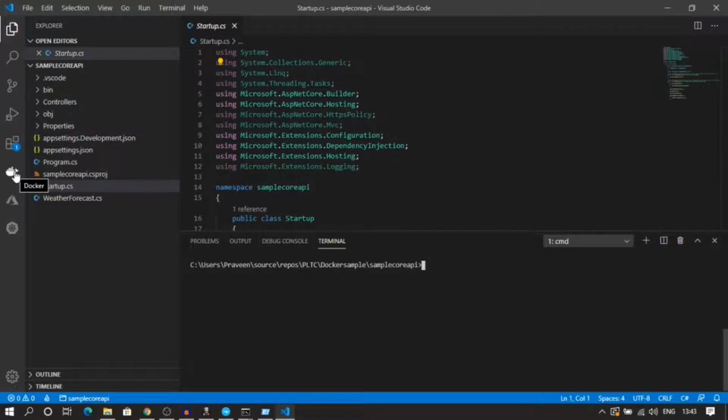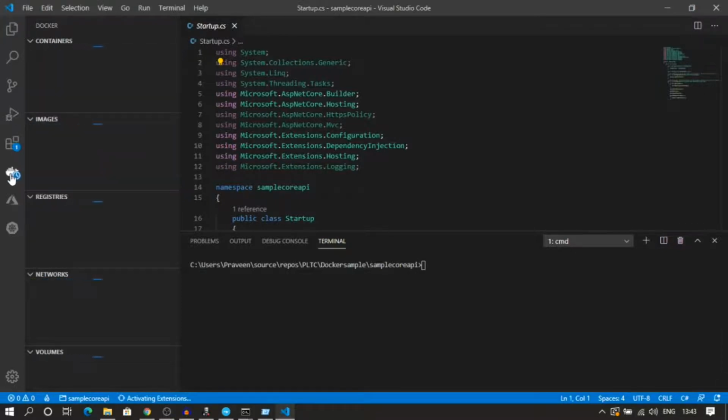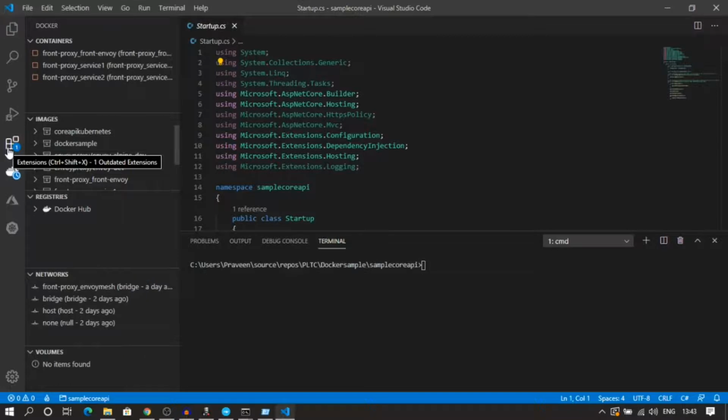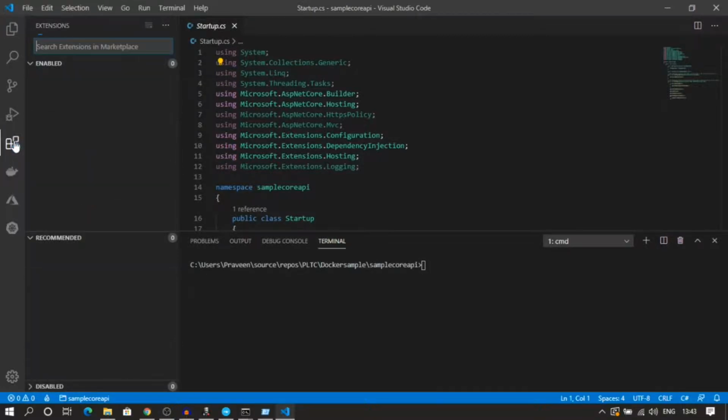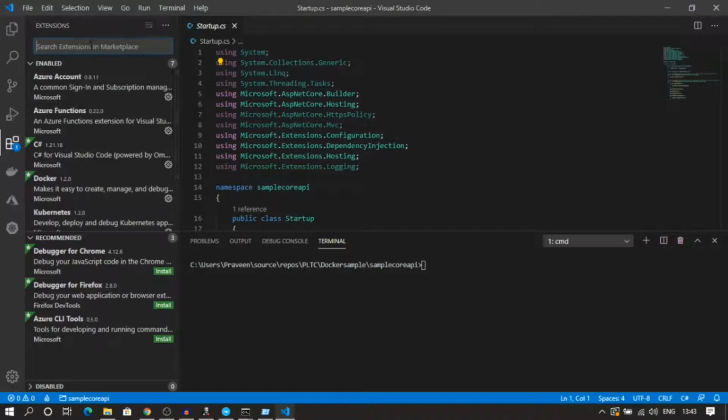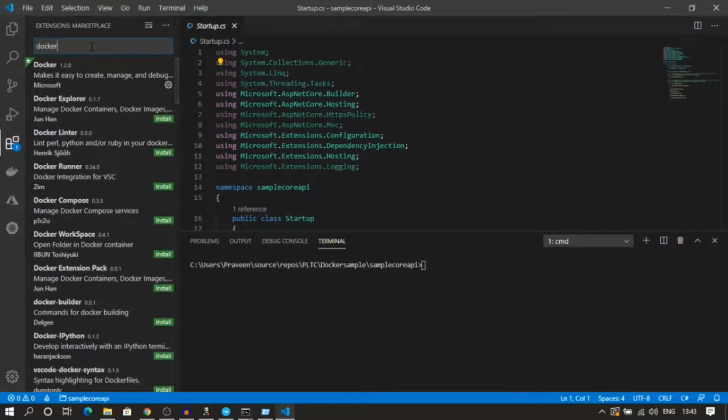This is very much required because it will make your life so easy in order to work with Docker. So what you have to do, I'll just show you. You can go to the extensions and you can download it. So go to your extensions like this, just type Docker, and the Microsoft Docker is available here first.